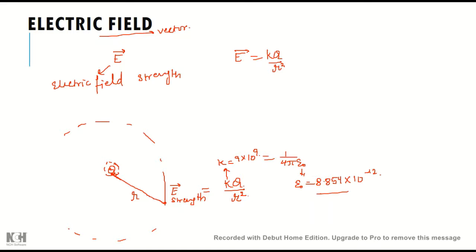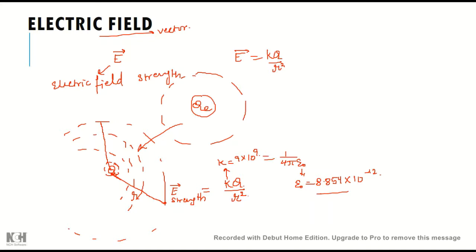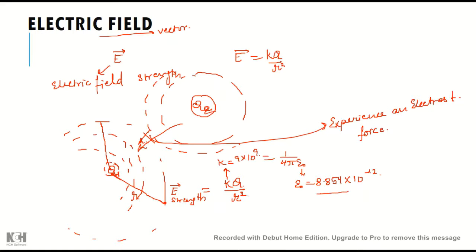Right, now coming to the electric field, what does it indicate or signify? It is the region around the charge in which another charge will experience a force. If there is, let's suppose, another charge q2 which has a certain electric field around it, then if the electric field of charge second interacts with the electric field of charge first, it will experience an electrostatic force, and that electrostatic force is given by Coulomb's law,